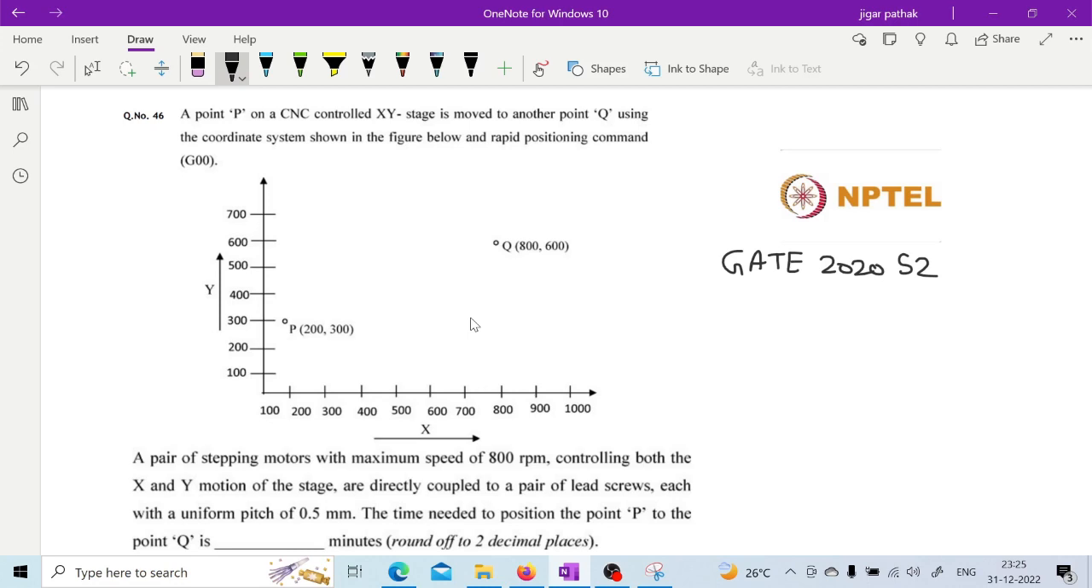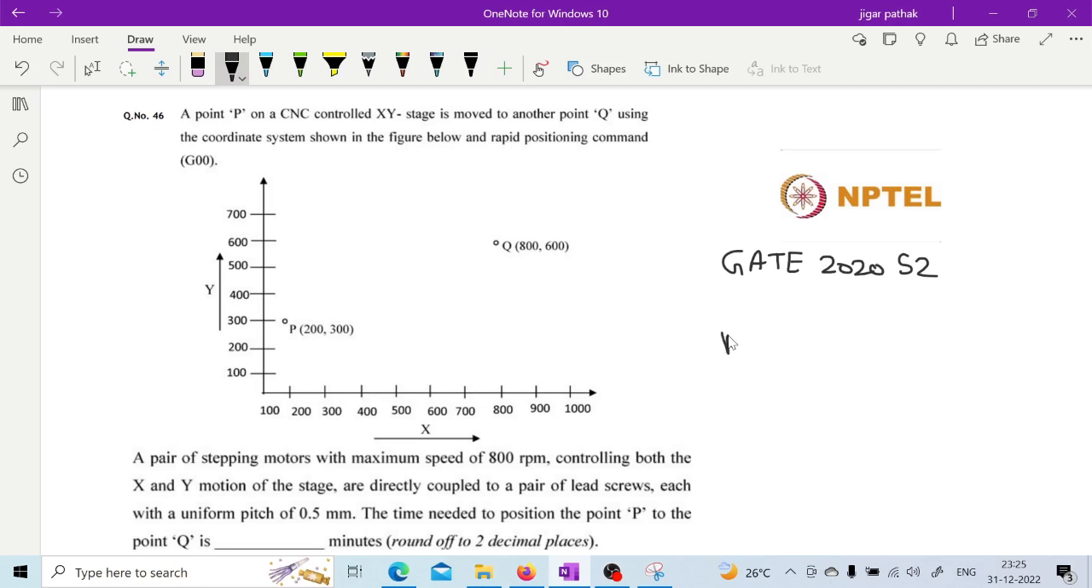Now a pair of stepping motors with maximum speed of 800 rpm controlling both the X and Y motion of the stage are directly coupled to a pair of lead screws, each with a uniform pitch of 0.5 mm. Now the time needed to position the point P to the point Q is, now as you see in this